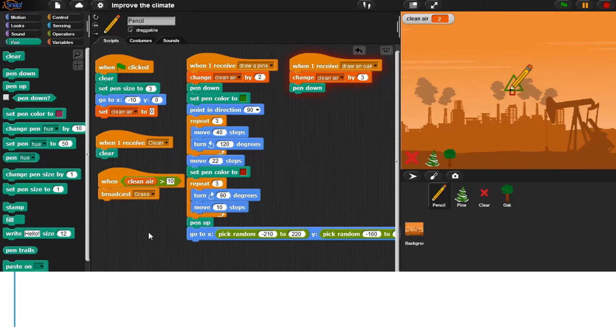Set pen color to green and point in direction 90.